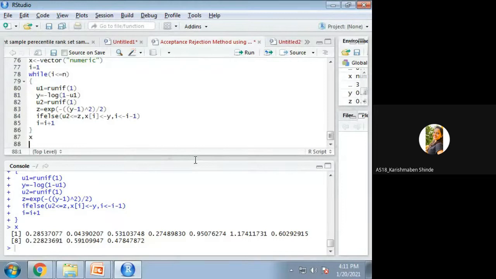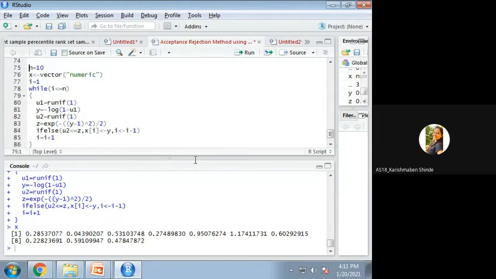Okay, so is it generated from 0 to infinity, sir? Yes, it is. Let me generate another random sample.